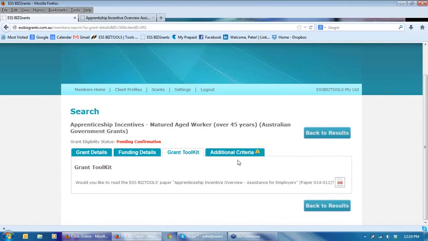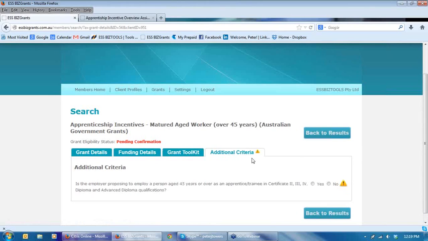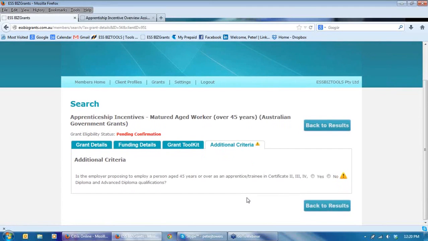So you're interested at this stage. You've then got to answer some additional criteria questions. Now, this is a pretty easy one. There's only one question. In some of our grants, unfortunately, there might be 6 or 7 questions. But you need to answer this to go any further. So is the employer proposing to employ a person aged 45 years or over? And they're going to do a certificate 2, 3, 4. If we say yes,